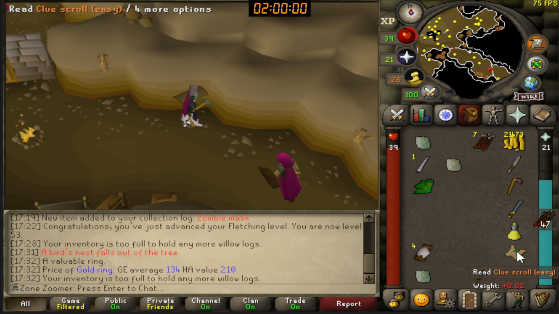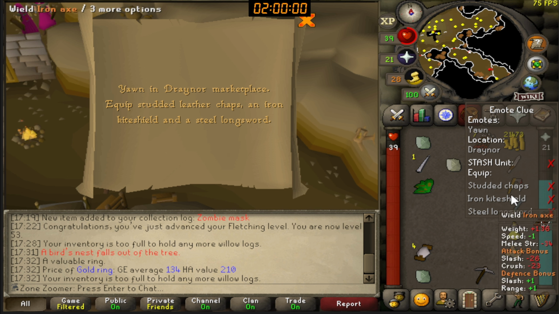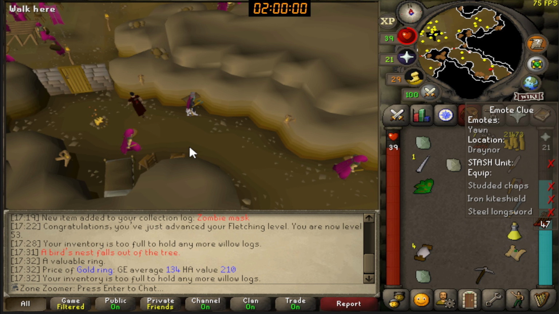Also forgot to check what this easy clue is. Draynor, of course. Who would have thought? I get beginner clues sometimes from bird nests, and the previous one was also in Draynor. So I don't think I can get the studded chaps, iron kite shield, steel longsword. This is all really difficult. I'll probably drop it. Maybe get another one from ham members over here, but...